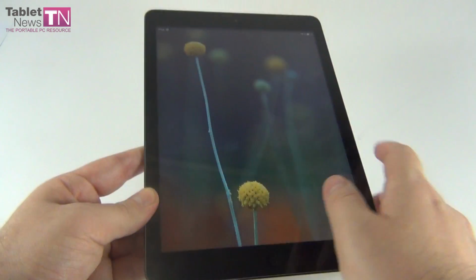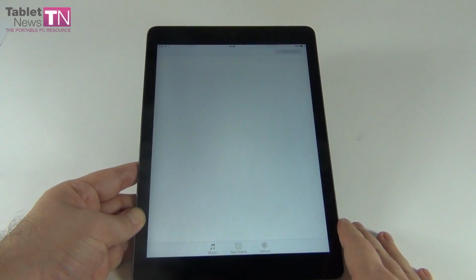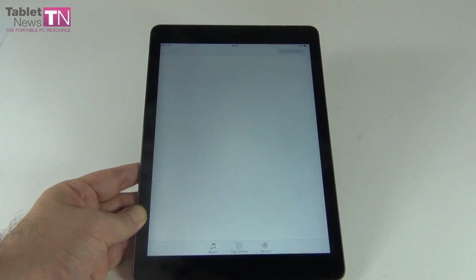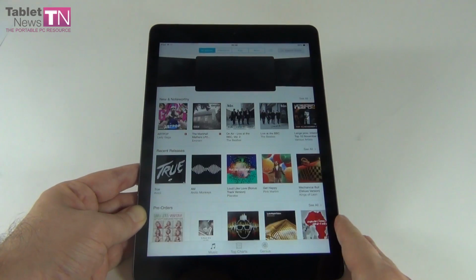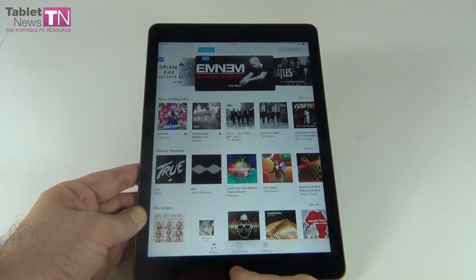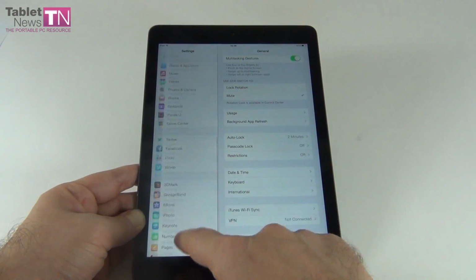Of course, we also got good old iTunes. You can download stuff from there, a lot of new albums coming out. Korn has a new album, Eminem has a new album, everyone has a new album. You can download them from iTunes, listen to their previews. Lady Gaga has a new album, and if you're done with downloading, you can go to the settings area and